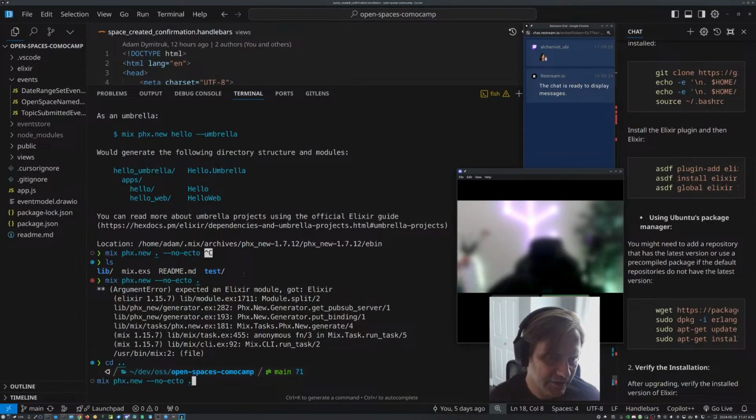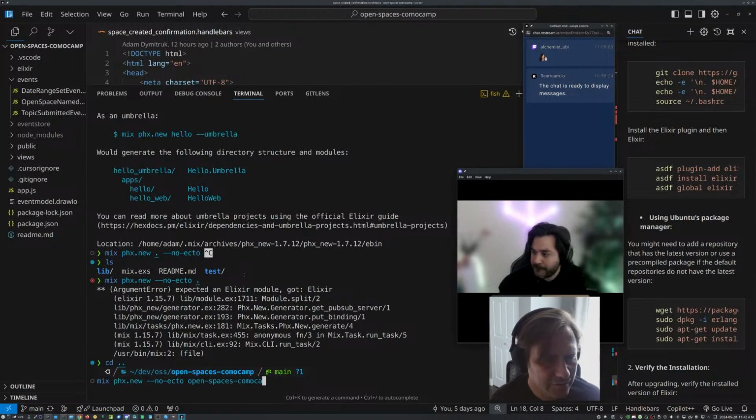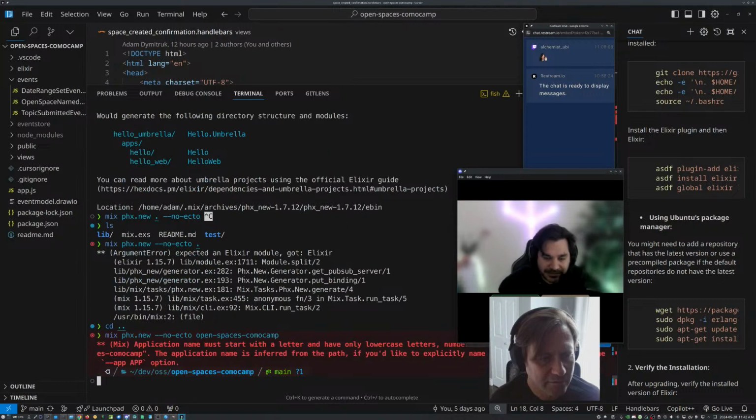And here I have to say Elixir, right? If I already made a directory by that name. I wouldn't call it Elixir because that's also the name of the language. Okay, yeah. Give it actually your specific domain name. So we do Como Camp. Open. Actually, we'll do it the same. Open spaces. And let's get the dashes in it. I think it automatically would be in snake case. Do it and see what happens.